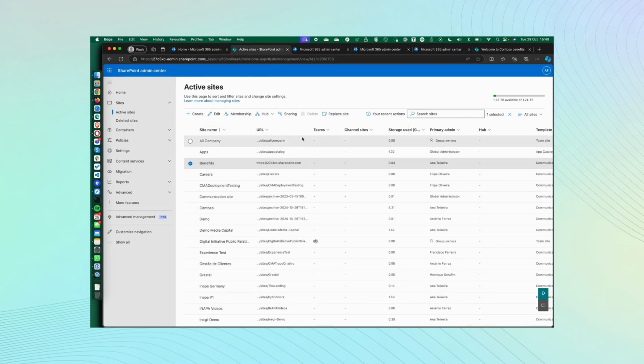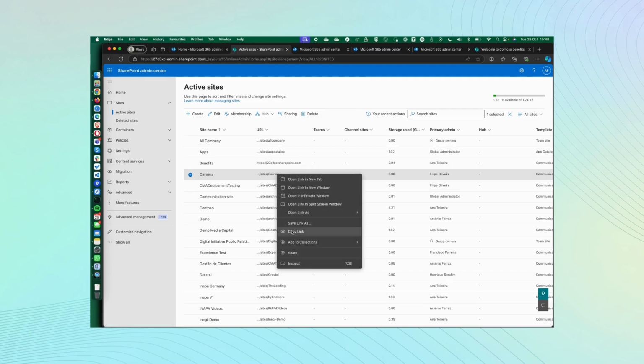By clicking benefits, you will see the replace site is now available. So let's change this to a different site. So in my case, I'm going to select careers. I'm going to copy this link,